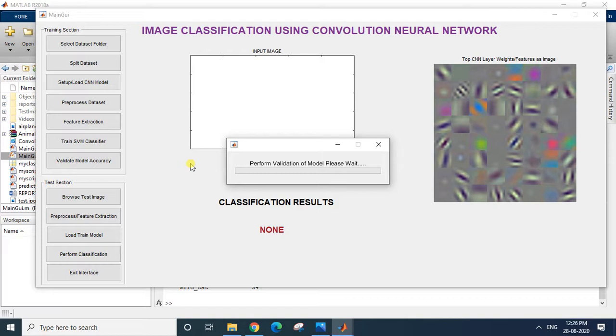So let's wait for that. This might take some time because 40% of the data will be checked one by one with my developed model to check whether it is giving accurate results or not.